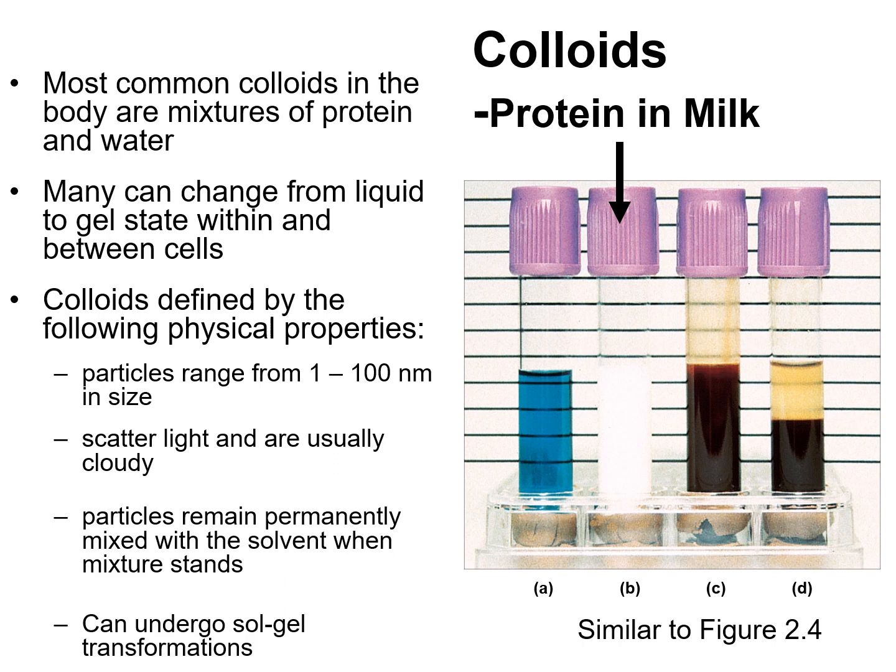Colloids can also undergo transitions from a liquid to a gel. For example, gelatin that you mix at room temperature is a liquid, and then you put it in the refrigerator, and if the temperature drops low enough, it turns into a gel. That would be another example of a colloid.